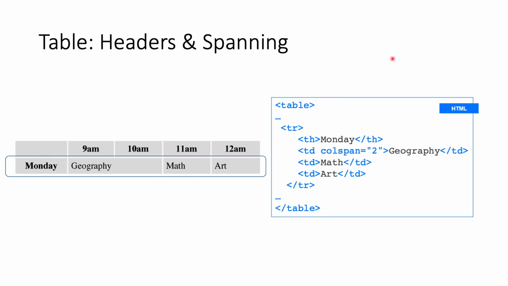Then we have headers and spanning. How to do that? Of course, you can just upgrade the structure of the table by implementing table headers, like in this example. What you see selected, this row, is the code that you see here. Of course, the whole table has more code, but that is the essential part. So table row, table header, you start here, Monday, and then you start there, geography, that's the second table data, math, and art, and then you close the table row. What you see here is that you can play with the content and the spacing that content is